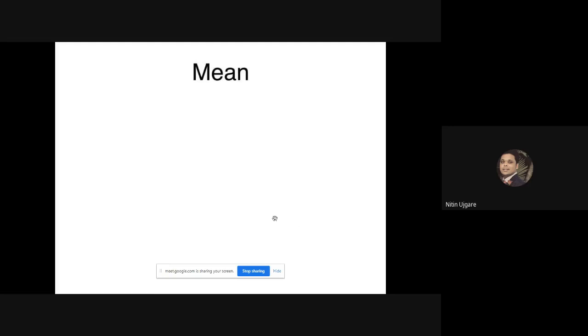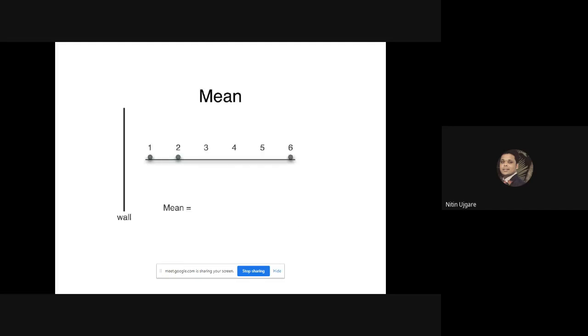There is one more concept that is very important from the PCA perspective, that is the mean. We need to understand what the mean is. These are 3 different points, and these points have some weight, and I just want to balance them. So I will draw a line, and then try to find the balance point for this line. This balance point is nothing but the mean. Let us assume that there is a wall on the left hand side, and these points are at some distance from this wall. This point is at distance 1, this point is at distance 2, this point is at distance 6.